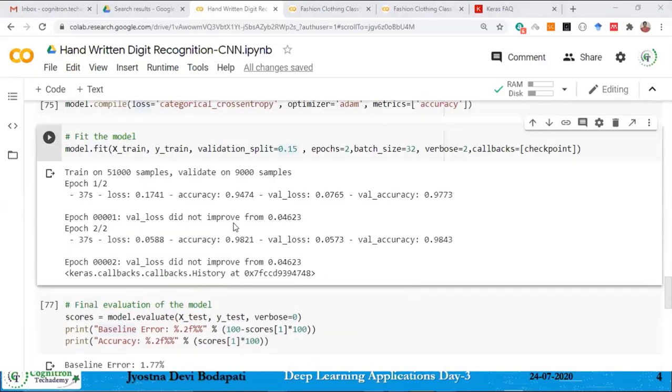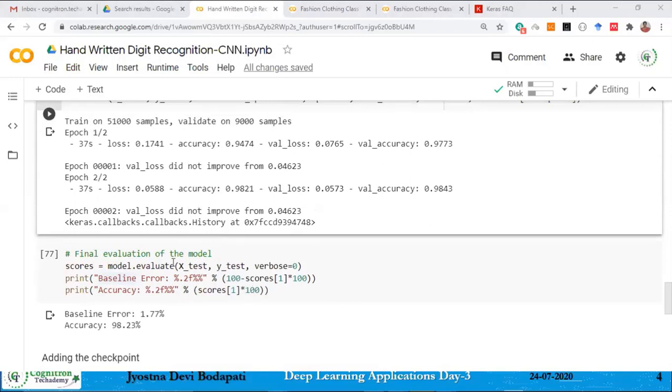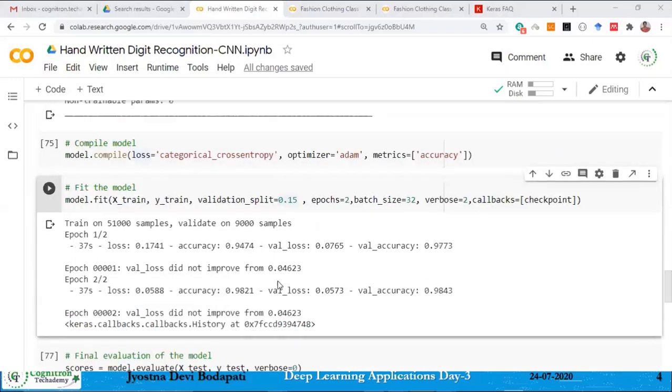But the problem is when we show the whole training data to the model and straight away apply it on the test data, it may not give good performance. That is why we preserve a part of the training data as the validation data and will not show this portion of the data to your model.